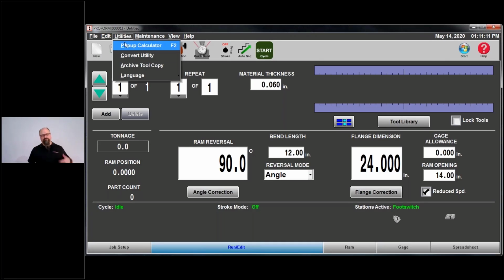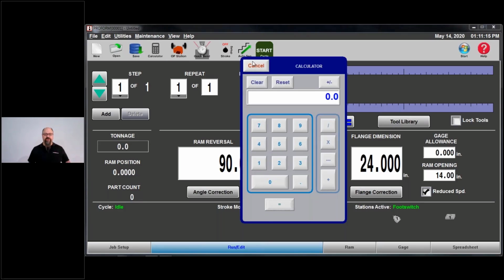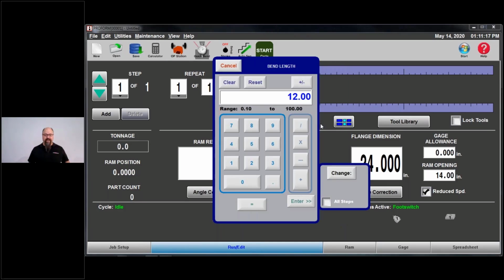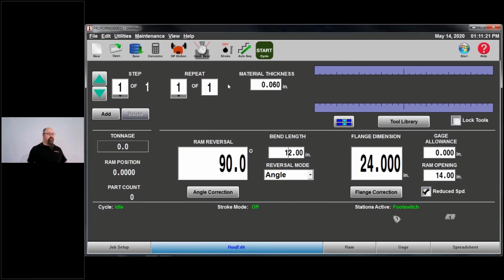Utilities, calculator. Well, every single numeric field in the software turns out to be an actual calculator. So if you're trying to calculate something, if you're at the machine, hey, I've got a calculator right there at the screen. A lot of my operators you'll see actually carrying a calculator around in their pocket, or they'll get out their phone and start typing into their phone. Well, we give you calculators on the screen, so you don't actually have to whip out your phone in the middle of a production job.